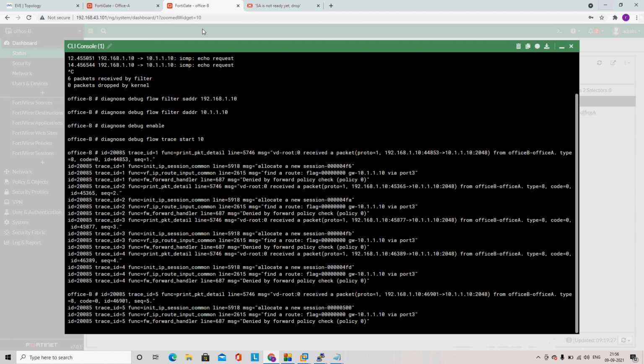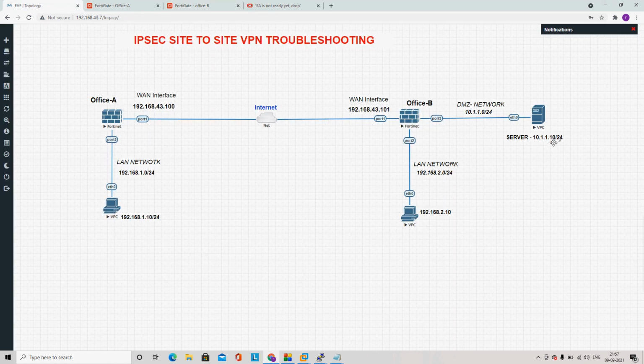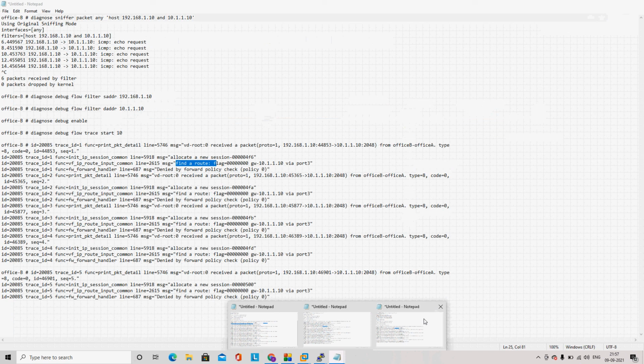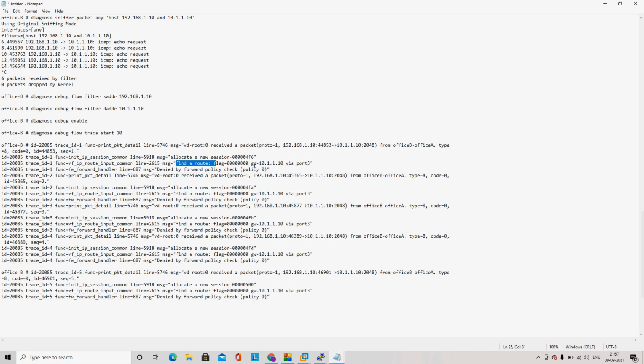Okay, if I show you the diagram, this IP address 10.1.1.10 is reachable via port number 3. So this firewall is forwarding the packet towards port number 3. So routing is okay. Now let's check. You can see here: denied by forward policy check 0. Okay, so this is being denied by the implicit deny policy, because we have not created any policy in this firewall. This traffic is denied by forward policy 0. Okay, if I go to policy 0 here,